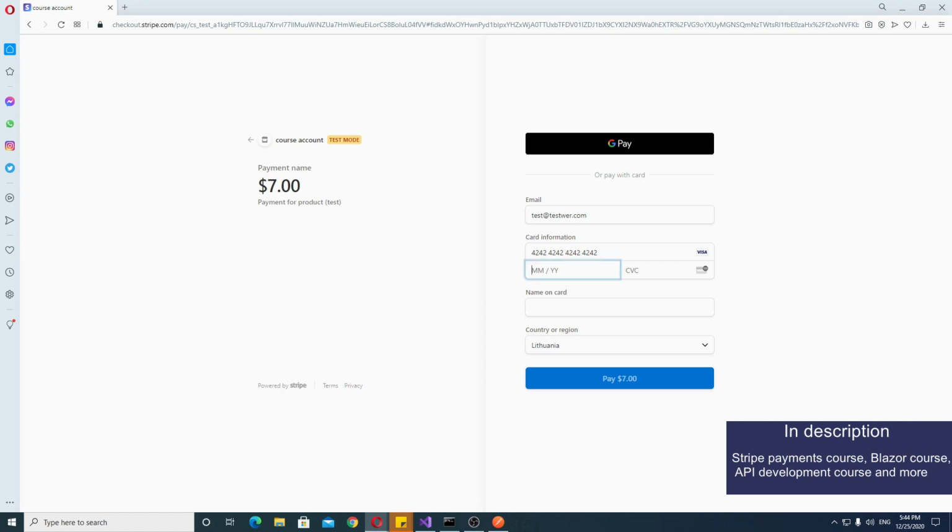So as for the date, you just enter any date in the future. Okay, any date in the future, and CVC is just a random 3-digit number. Okay, and then we can enter the name, let's say test, let's do tester like that. And then you click pay $7 and it will go through our little experience,